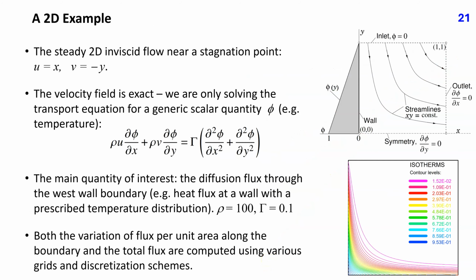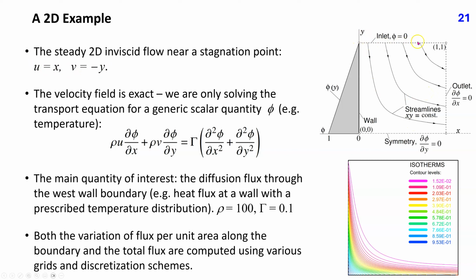Let us now consider another more realistic test case. We want to solve the generic scalar transport equation shown here with a known but non-trivial velocity field. Such a velocity field is offered by a so-called stagnation point flow, an inviscid flow defined by u equal x and v equal minus y. The following boundary conditions are specified: